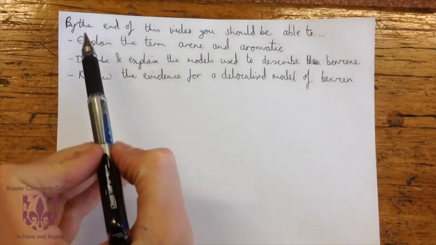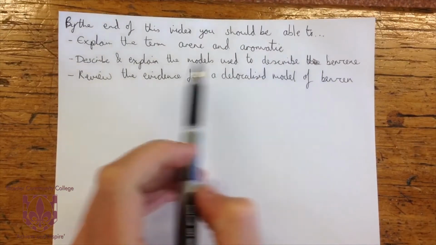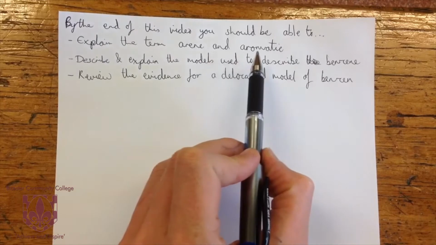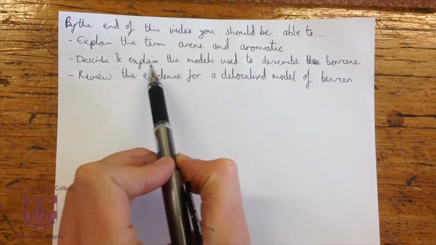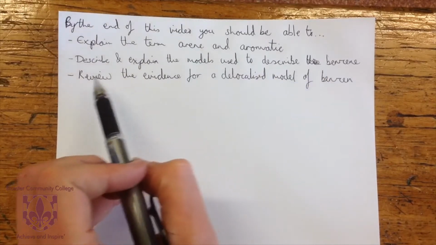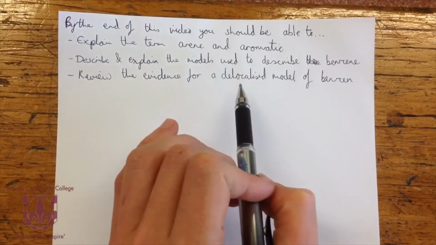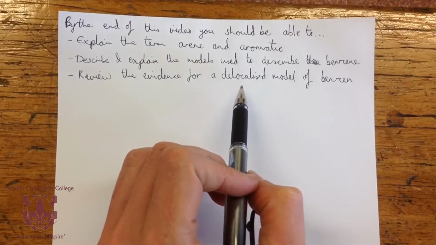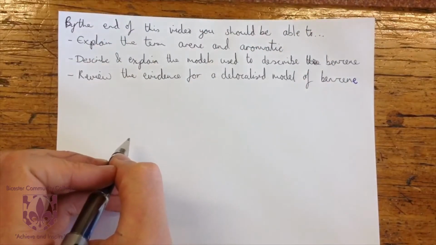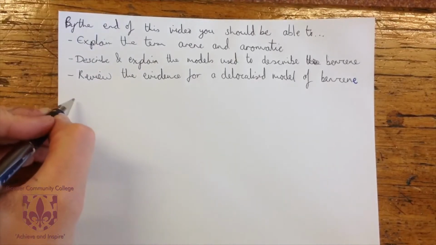Okay, by the end of this video, you should be able to explain the terms arene and aromatic, describe and explain the models used to describe benzene, and review the evidence for a delocalized model of benzene. Oops, wait, there should be an E on there. Okay, so arene,